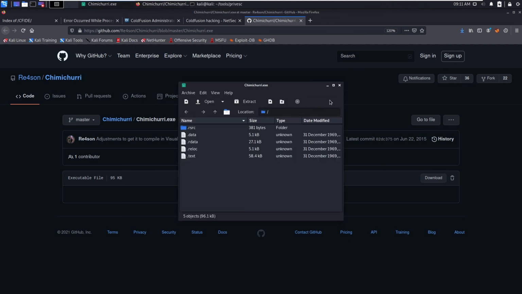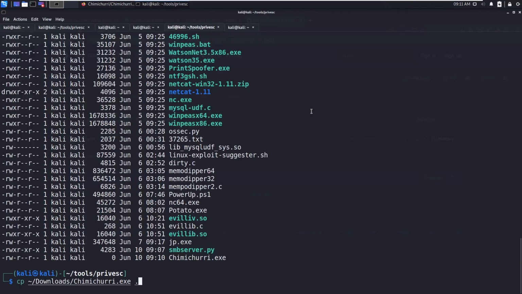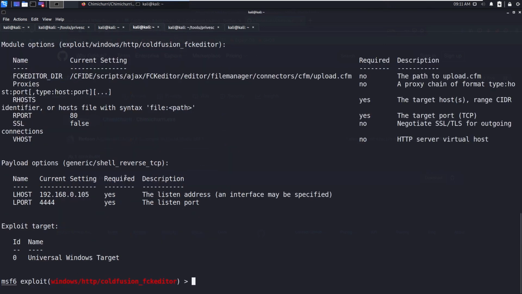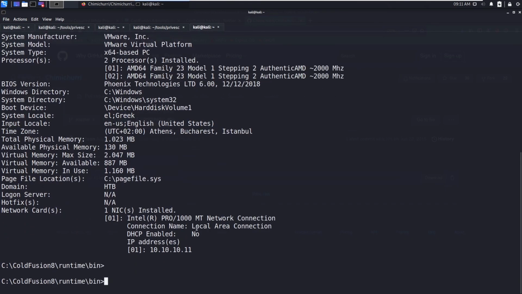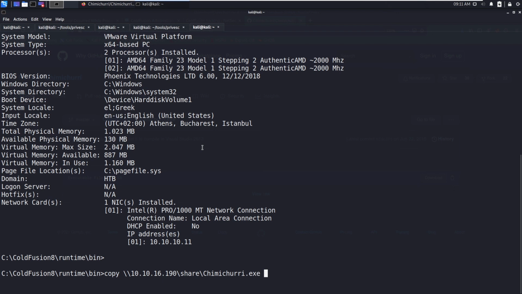Open. Okay, now it will download the content. Now you can see the bytes. We are already hosting this one, so let's go to copy, share, copy this, and copy to temp.